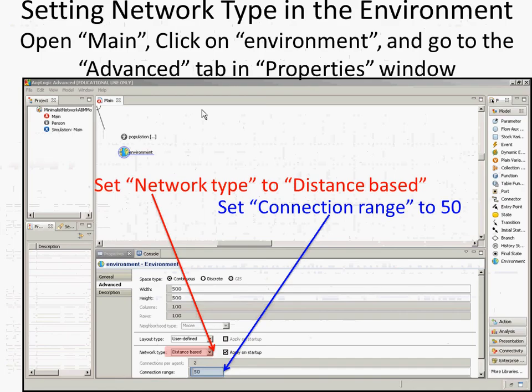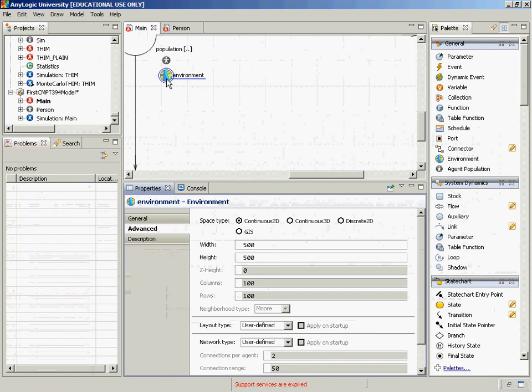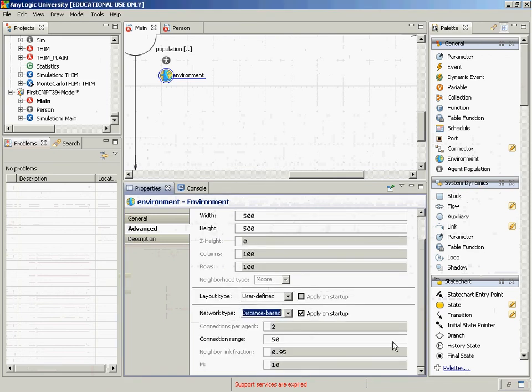Okay, so folks, what I'd like you to do next is for network type, I'd like you to select distance-based. Okay, so I'm going to environment and under network type, not layout type, but network type, I'm selecting distance-based network. And what that's going to mean is people should be connected together if they're within a certain distance of each other for a network. So it's going to build a network for us automatically based on their layout, based on their locations. Specifically, two people, person A and person B, will be connected if they're located within